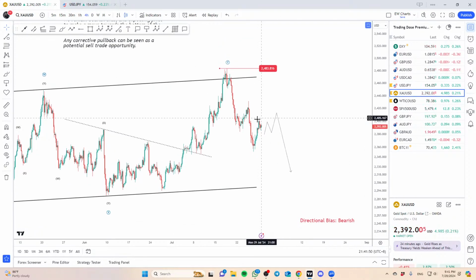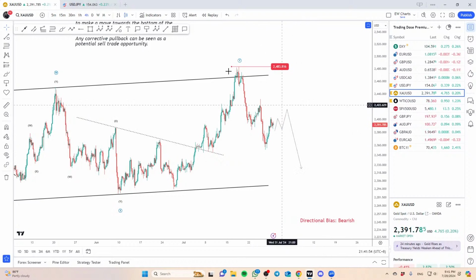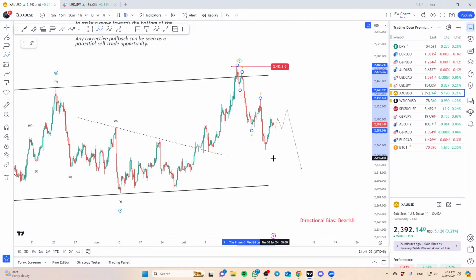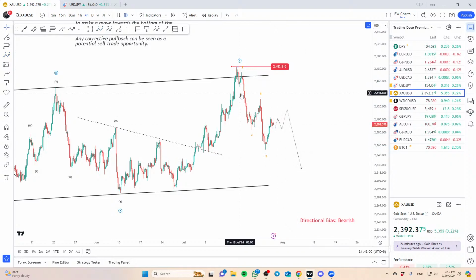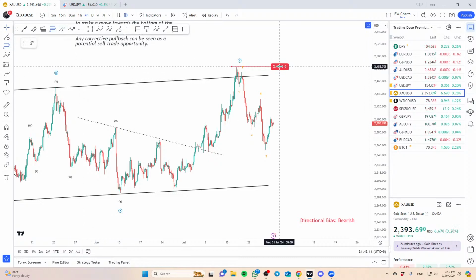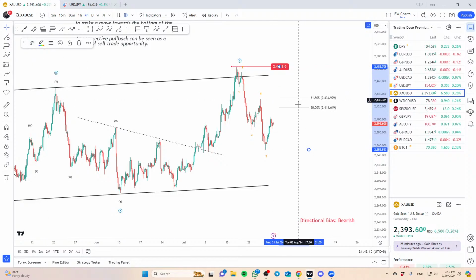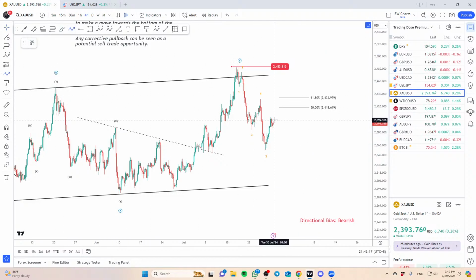Gold XAU is definitely bearish here, but I think short term we're likely going to see some pullback. Internally, I think this 5-wave structure seems to have completed, a pretty clear 5-wave as well. In orange you can see 1, 2, 3, 4, 5. Everything fulfills. After a 5-wave completion, there's a very good possibility we'll see some sort of a deeper pullback, potentially towards that 50 and 61.8 zone.